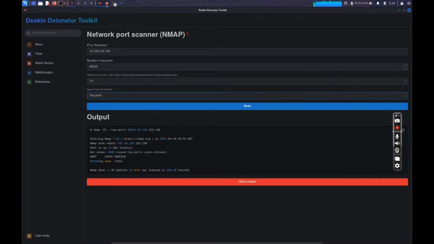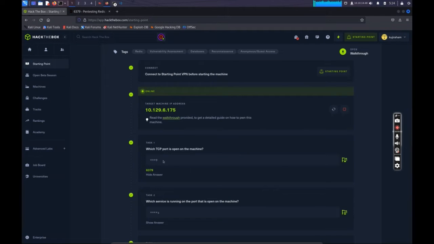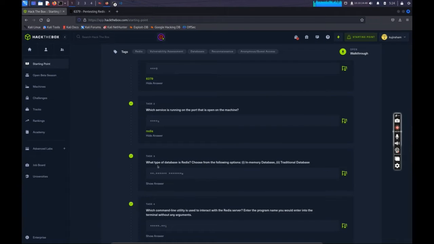Now, we can go back to our Hack The Box, and it asks us which TCP port is open in this machine, and it's 6379 as we saw from Nmap, and which service is running in the port that's open in the machine, and that is Redis, and we can verify that. There we go. And then what type of database is Redis? So here we can go ahead and